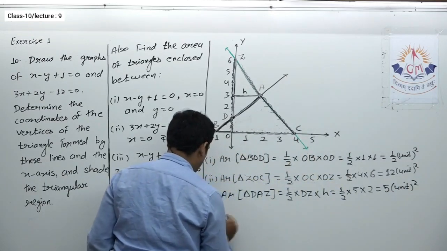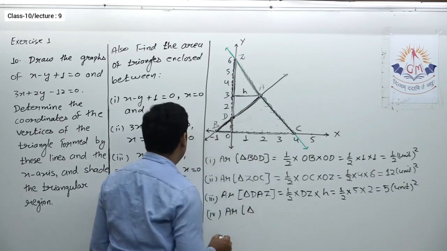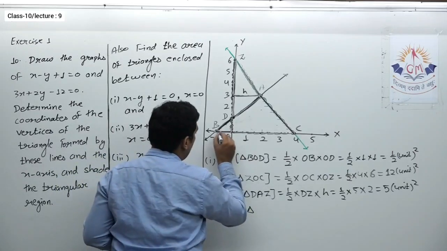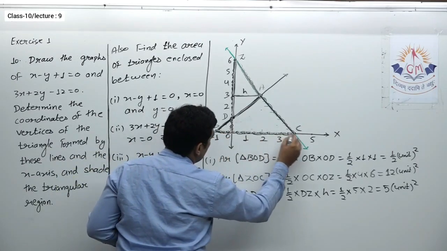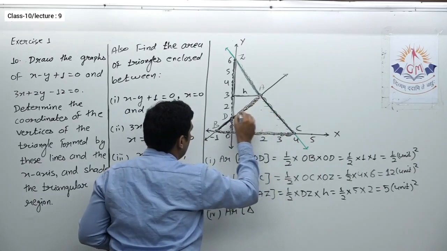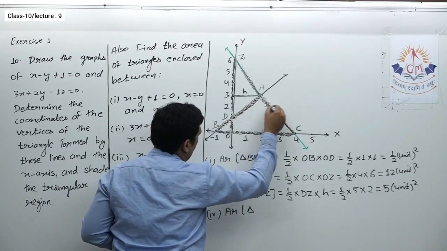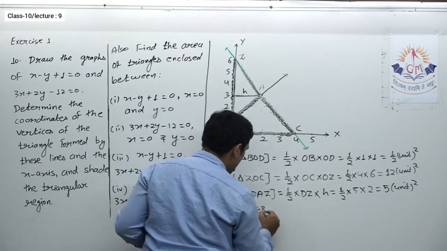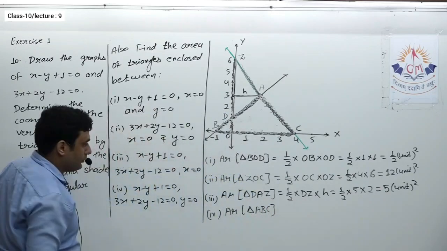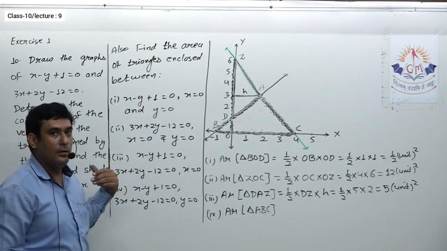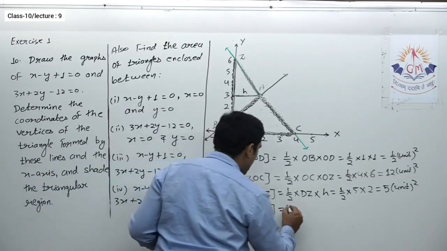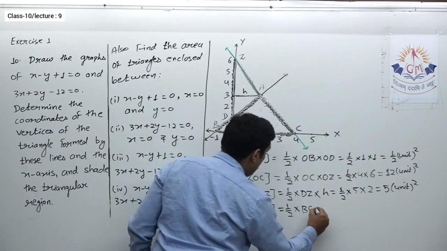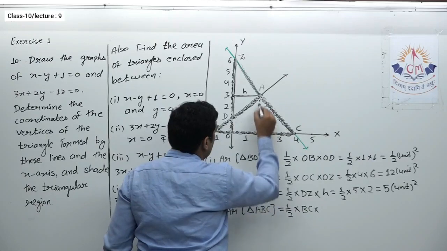Then the fourth, finally, area of the triangle, which triangle? Now these two lines and y equal to 0, that is the x-axis. This is the first line, and this is the second line. So this is triangle ABC, the triangle that was actually given in the question. Over there they just asked the coordinates of the vertices, and here I am saying to find the area. So 1 by 2. Now for triangle ABC, the base is BC, and this will be the height.